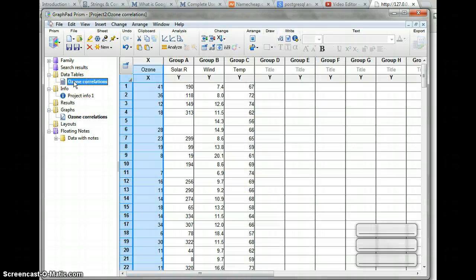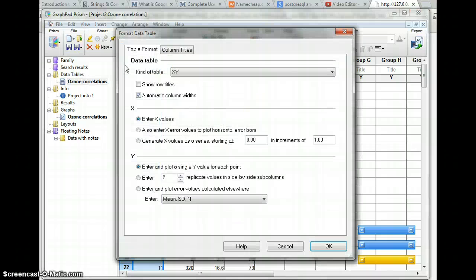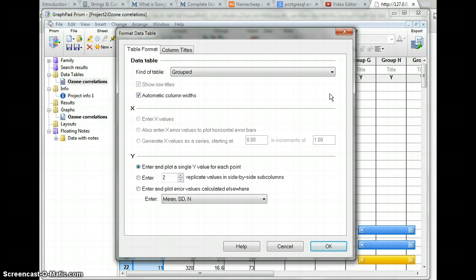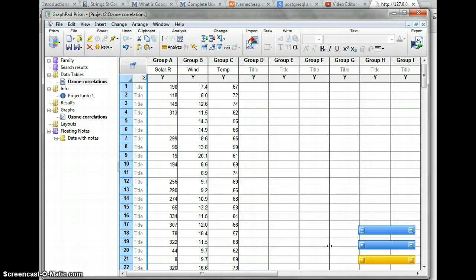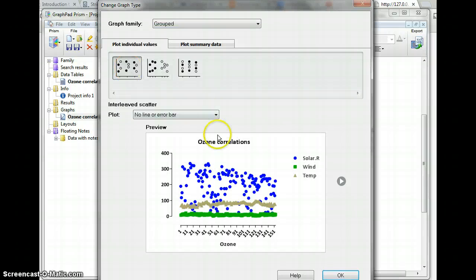If I didn't like the table format that I have right here, I can always change it. And the simplest and easiest way to change a format is to click on this right here. And I can change all of that data to something else. I could change it to group data, for example. This is going to be a really noisy thing to have done. And if I change it to group data, it doesn't change anything right here. So I'll have to go up to the graph family and change it to some options I have for that. And I can completely change the presentation of the data if I did something like that,